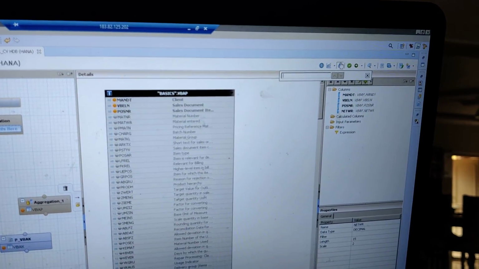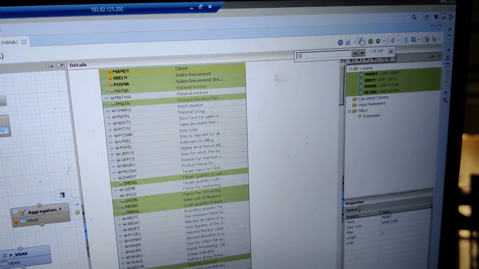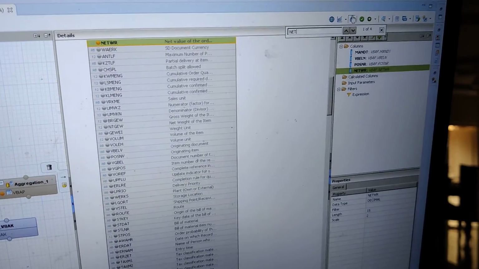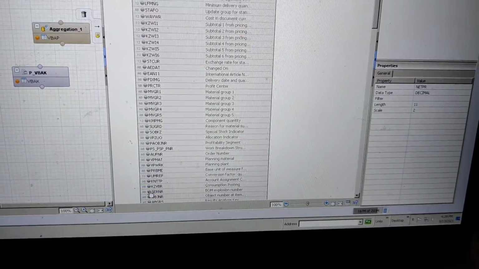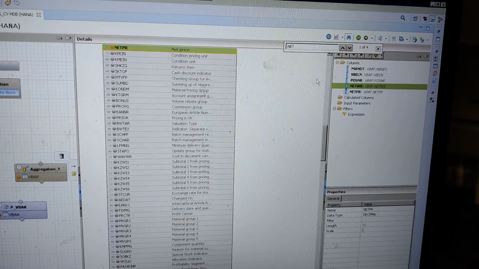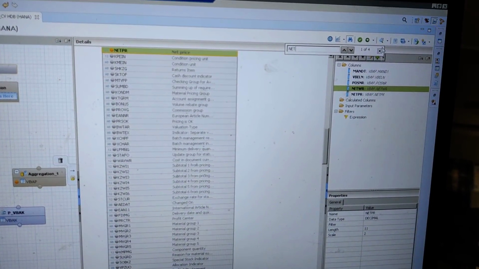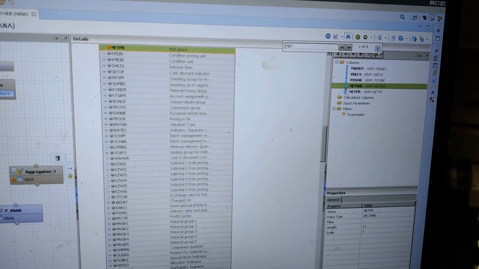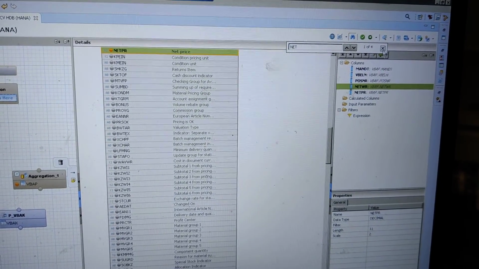You can search NETPR. You got this, is it not? Net P. Now just delete this. Close.